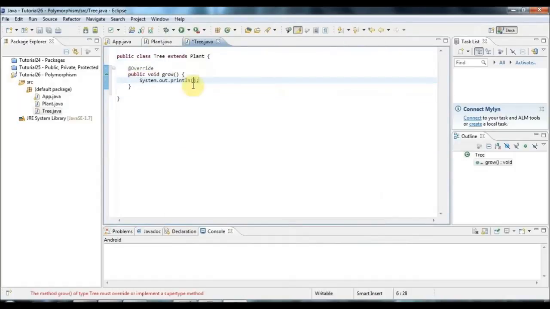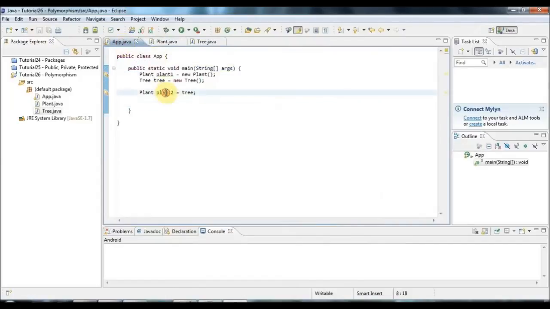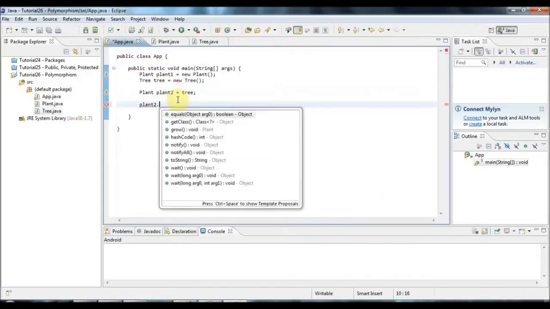sysout tree growing. Now if here I've got a reference pointing to a kind of plant, because tree is a plant. It's a child class of plant, so it is a plant. And if I say plant 2 now dot grow,